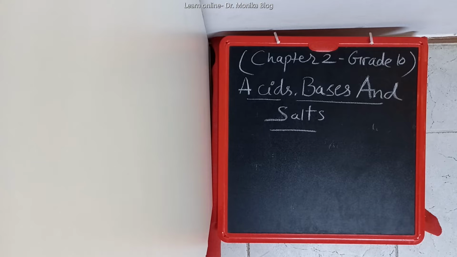So in this chapter we will discuss the chemical properties of acids and bases, how they react with metals, metal carbonates and hydrogen carbonates, acid-base reactions, how metallic oxides react with acids, and how non-metallic oxides react with bases. Further on, many more things. First we will start with the topic understanding the chemical properties of acids and bases.